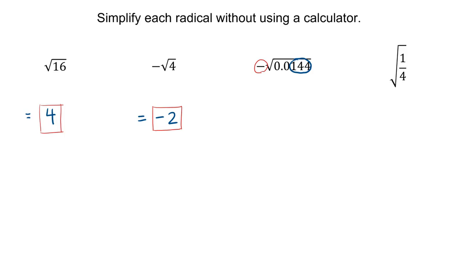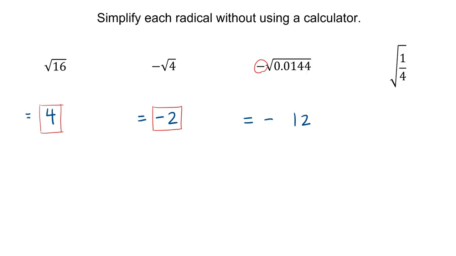Well, I immediately recognize that 144 is 12 times 12. So the square root of 144 is 12. But we're looking for the negative square root of this number, so that would be negative 12. But negative 12 times negative 12 is 144, not